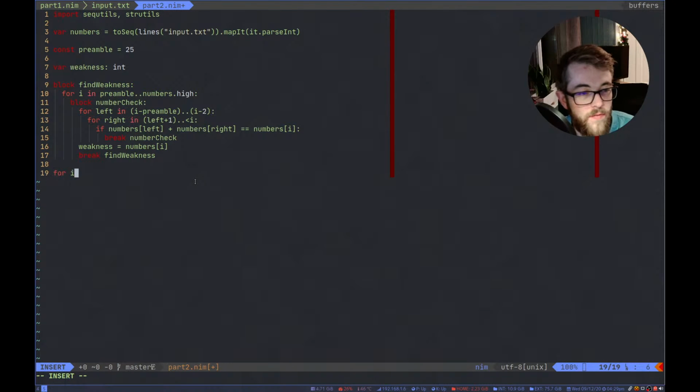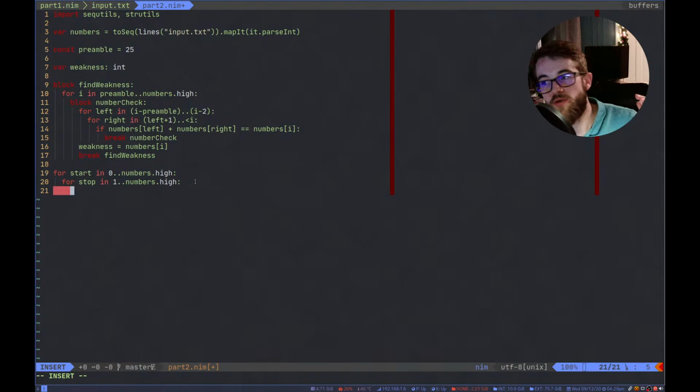We could do for I in 0 dot dot numbers dot high, for j in 0, or let's just actually give these some better names. Start and stop numbers dot high.